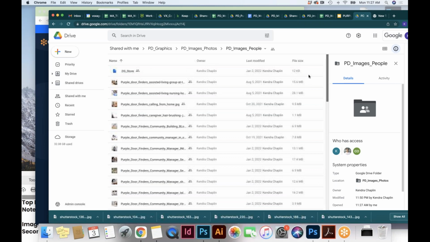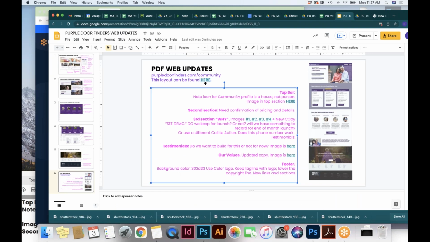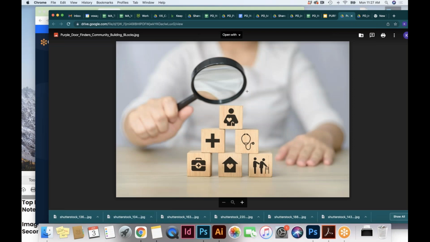So all of the images should be there. I did in this document give you the exact links to them. If you clicked on this one, you're going to get the building blocks image, I think that was link number 3.